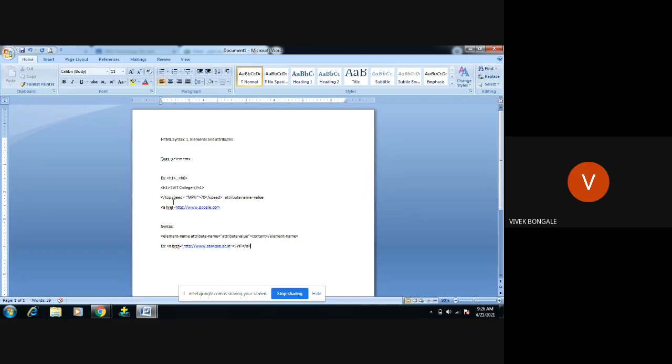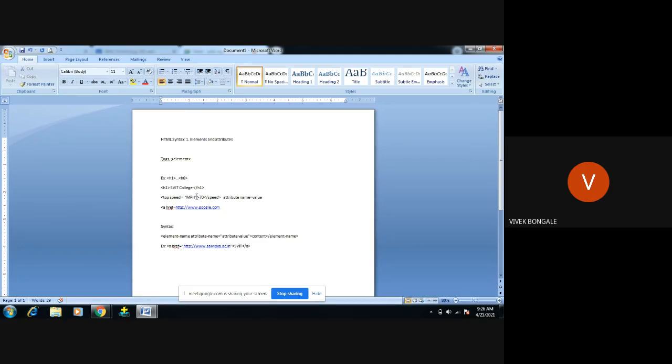The next example I showed is the attribute value, right? Top speed equals something, mph 70. This is one example of an attribute value. It is always enclosed in single quotes or double quotes. This is required only in XHTML, and it is optional in HTML5. In HTML5, if you want, you can use single or double quotes, or we can ignore them.